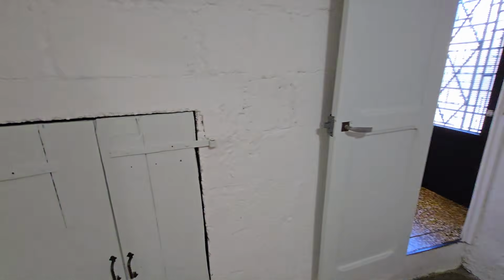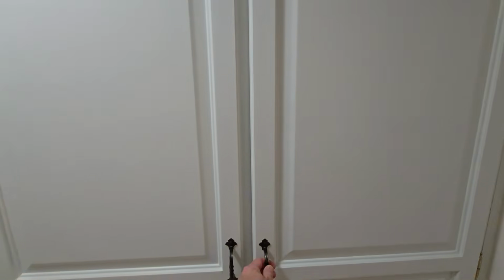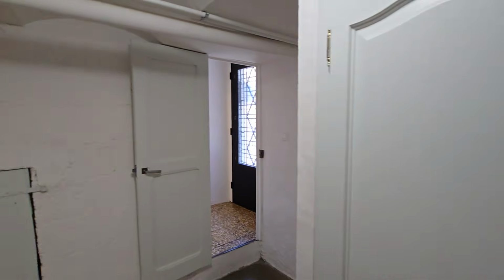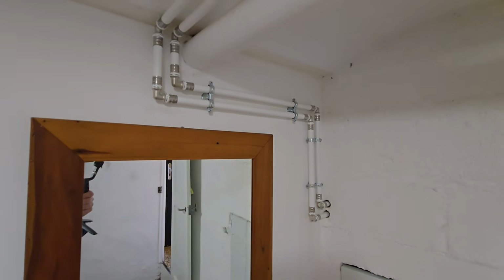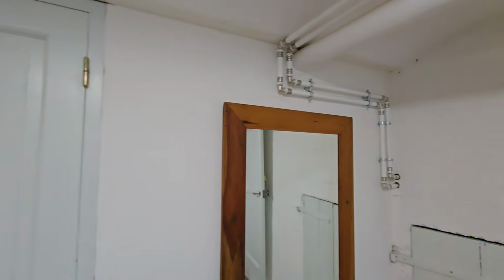The other thing that we have here is a really good size built-in linen cupboard. Very, very useful indeed. And I feel that I really must point out what I consider to be some of the neatest plumbing work I've ever seen. Maybe nothing, but to me, that as a point of detail, that's pretty impressive. Anyway, moving on,